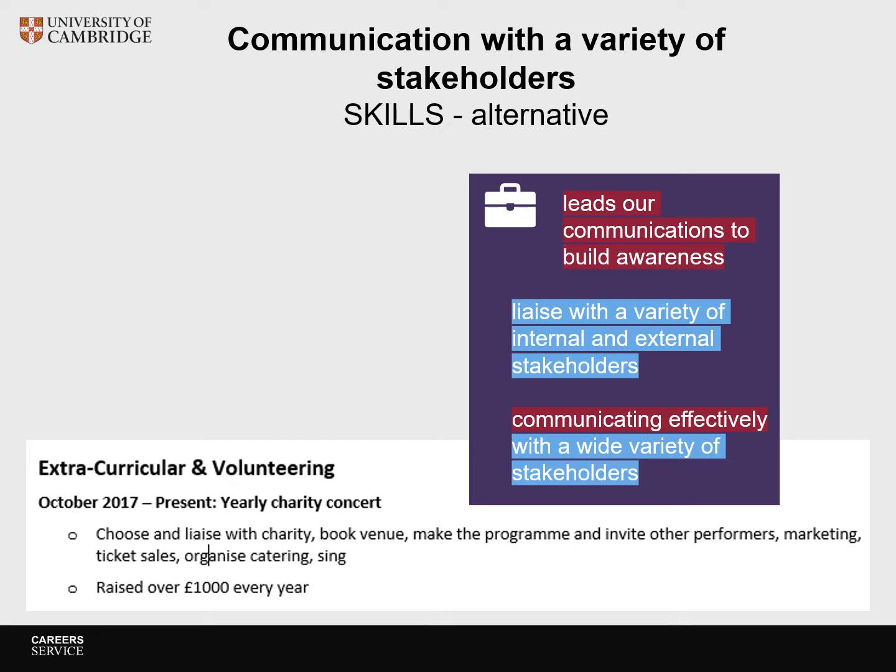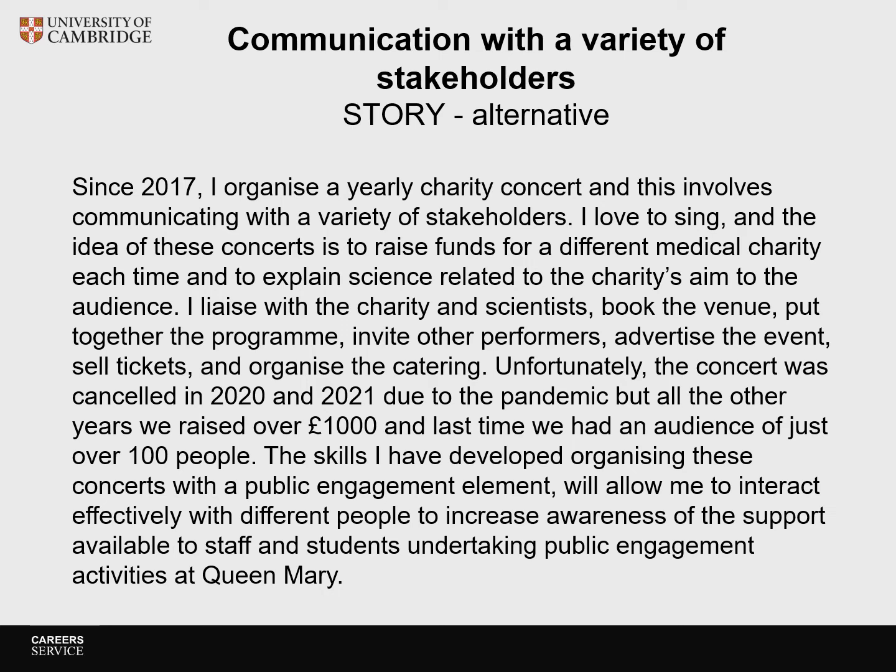Let's look at the same skills but use a different experience from the CV to write a paragraph. The yearly charity concert this person organizes can also be a way to demonstrate they have communication skills and can talk to a variety of stakeholders. For example, they could say, "Since 2017, I organize a yearly charity concert, and this involves communicating with a variety